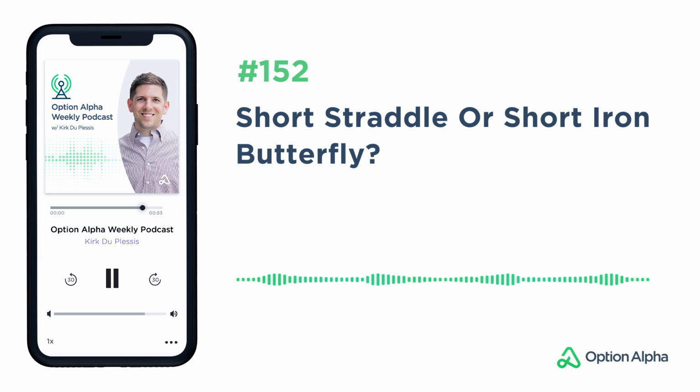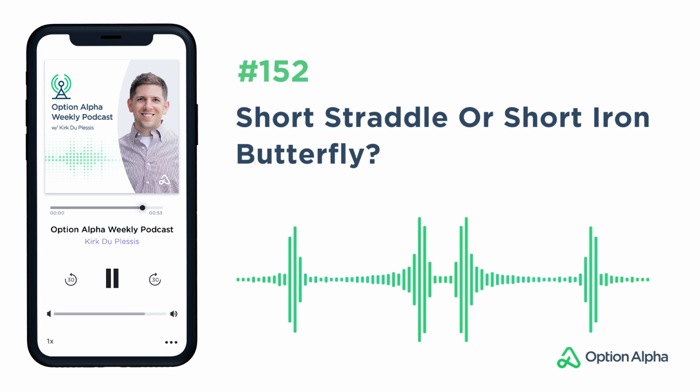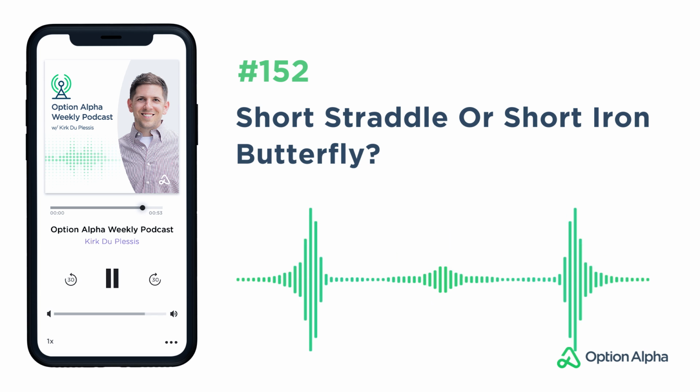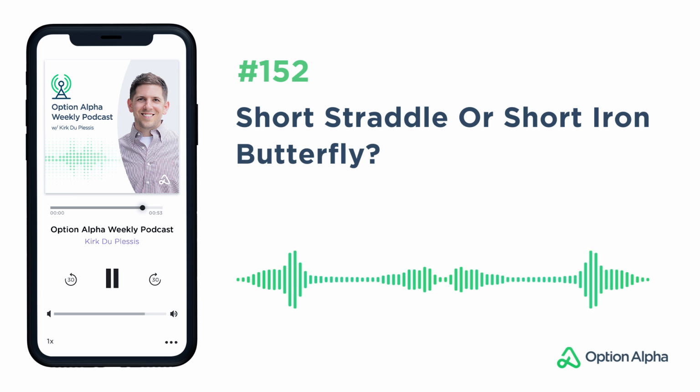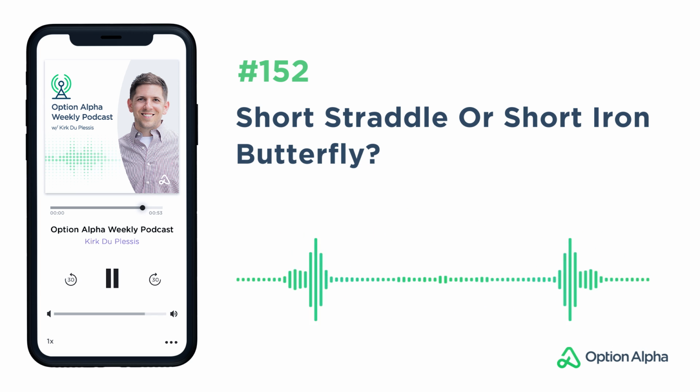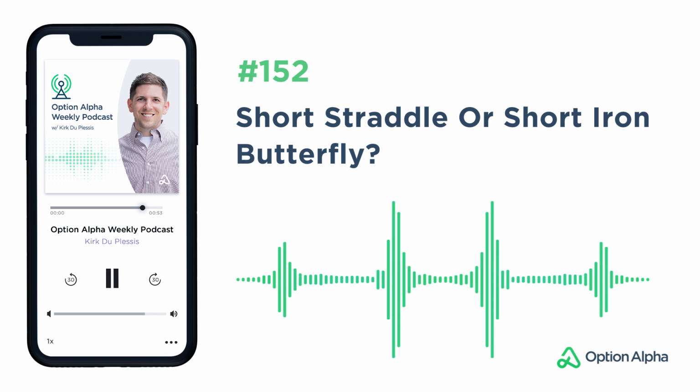And so you would look at relative pricing across, again, most short iron butterflies. If you're going to look at two different contracts on two different tickers that you're going to trade, set up a $5 wide or a $10 wide short iron butterfly in both and see which one prices out the best. Because if you set up the exact same width in the iron butterfly, say a $10 wide iron butterfly, if a $10 wide iron butterfly prices this amount here and this amount here, you know that per $10 of risk that you have, you could collect X amount of premium and see which one ends up being